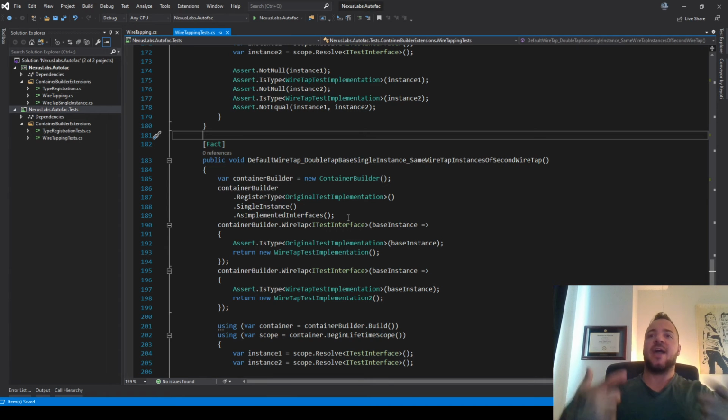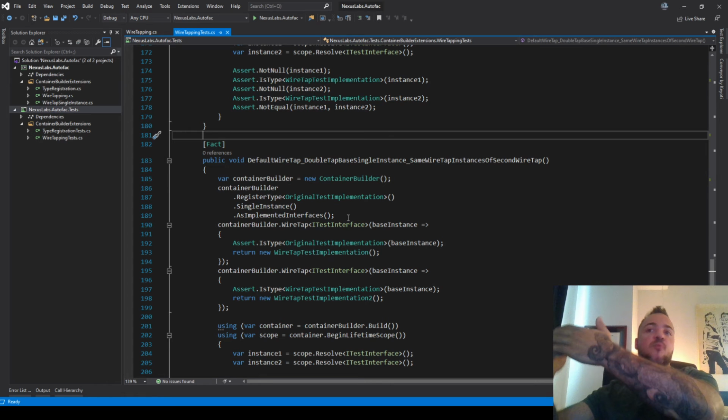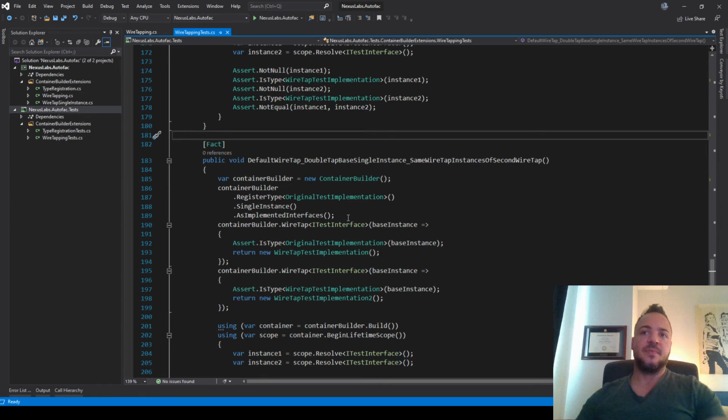So it overrides registrations. It will always take the latest registration if you're resolving a single service. If you're doing an enumerable of them, it will give you the set back. However, if you're doing a single one, it will always give you the latest registration.